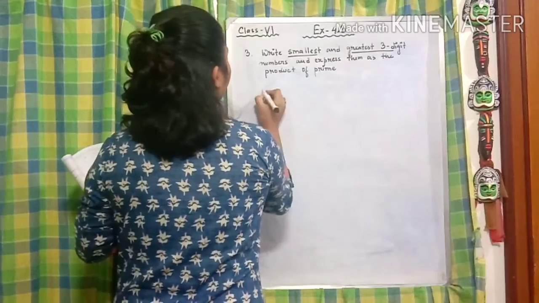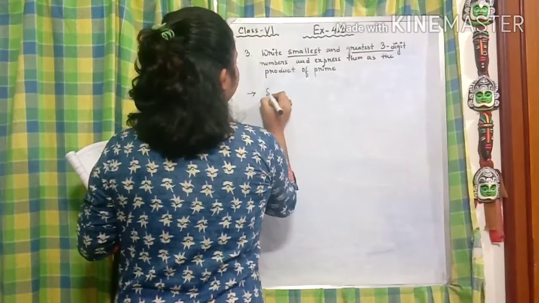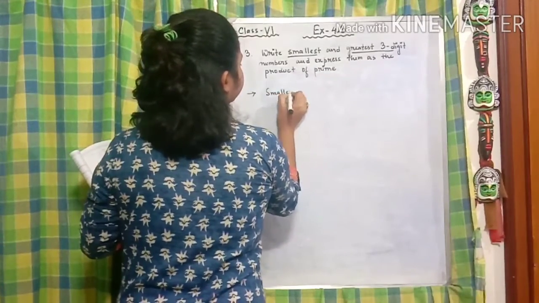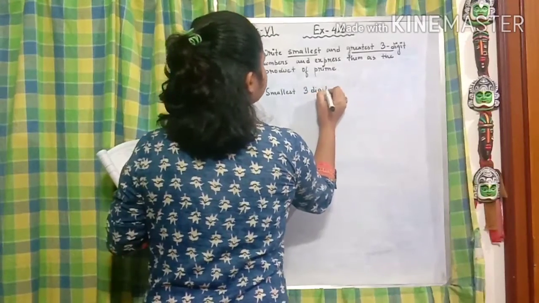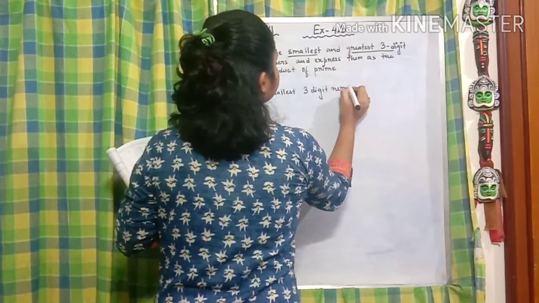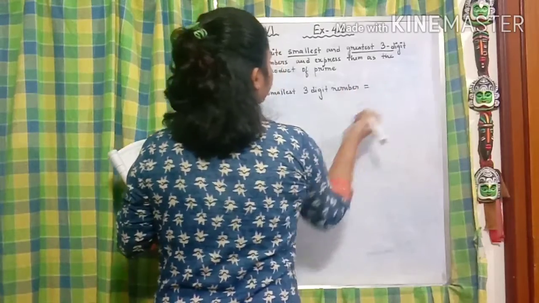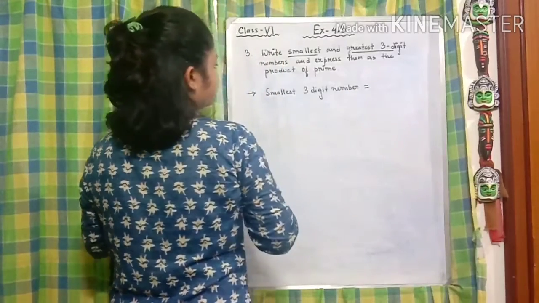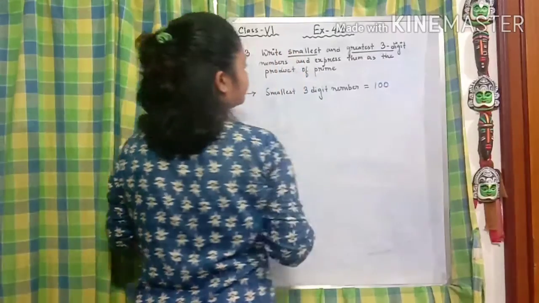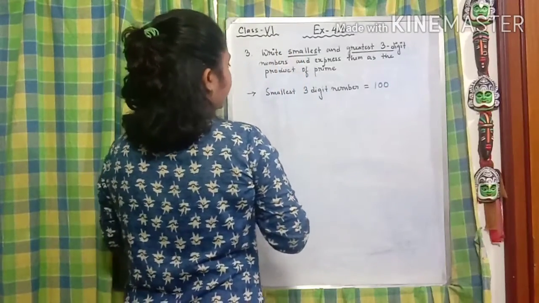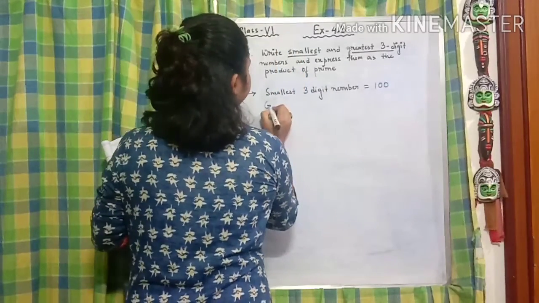First, the smallest 3-digit number is 100, right? And the greatest one,